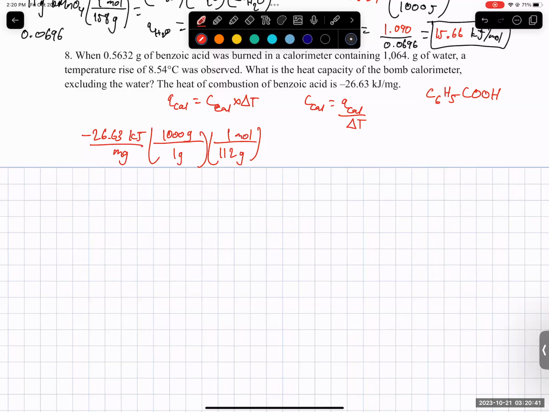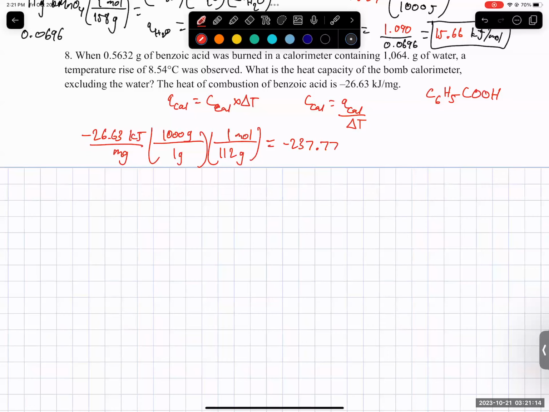But this is really kilojoules times. We got to get it to kilojoules over moles. So there's a way we can do this. Might be a little unconventional, but you know me, I live for the unconventional. So negative 26.63 times 1,000 divided by 112 gives us negative